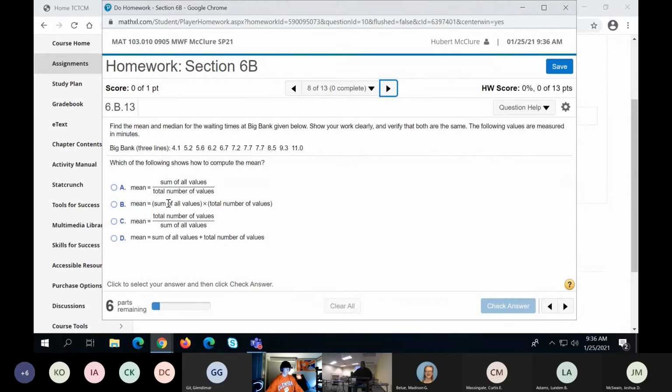Okay, here's one, and it says find the mean and the median for the waiting times at Big Bank. Now the reason I'm showing you this is because I want to show you what this button is for